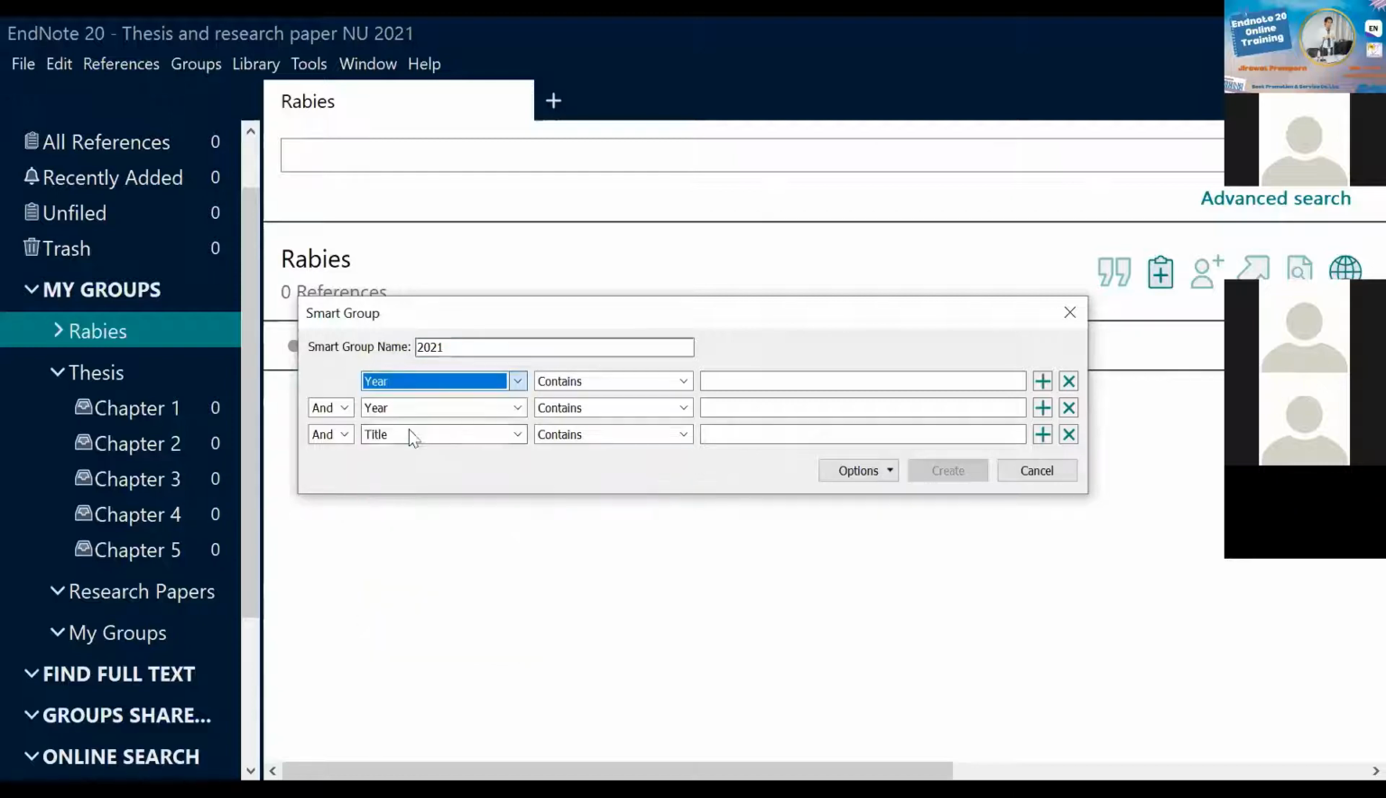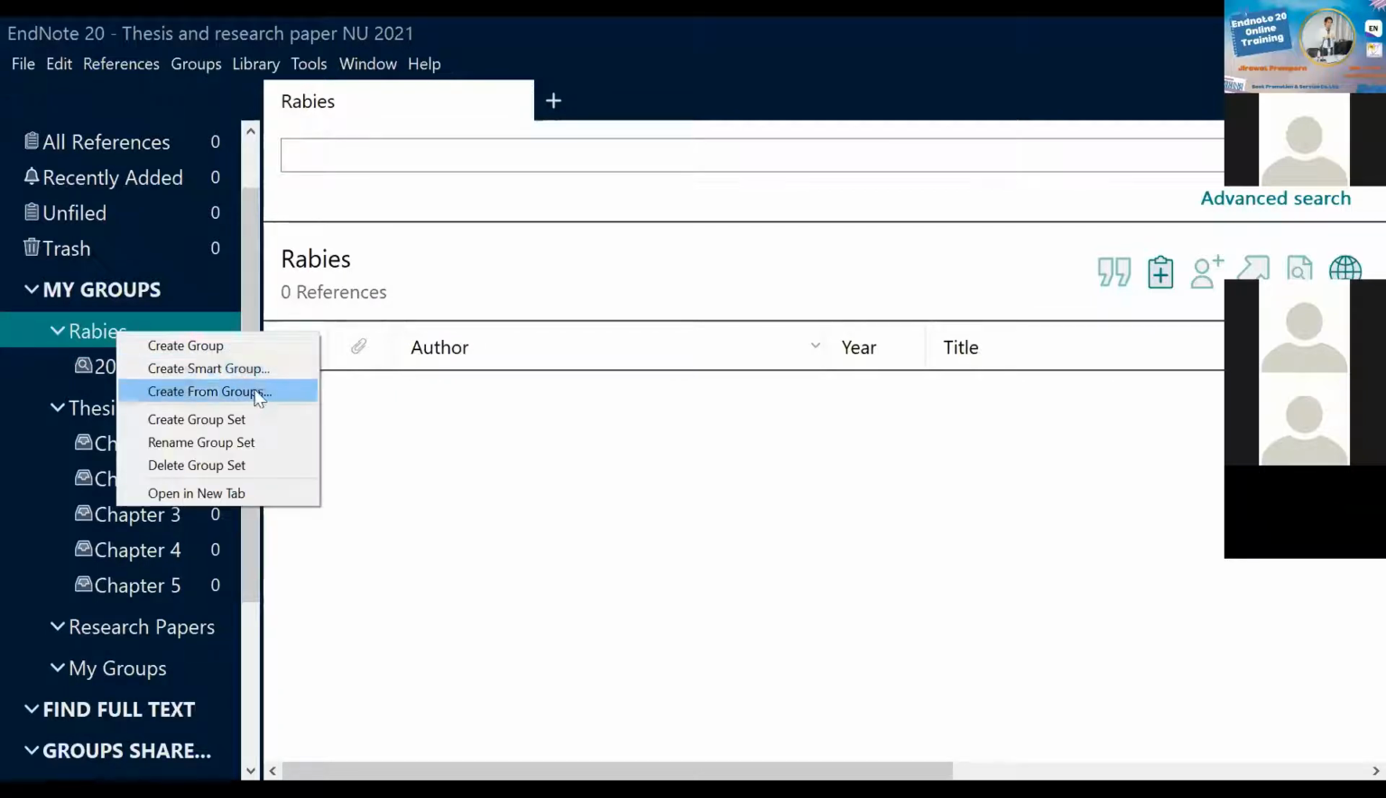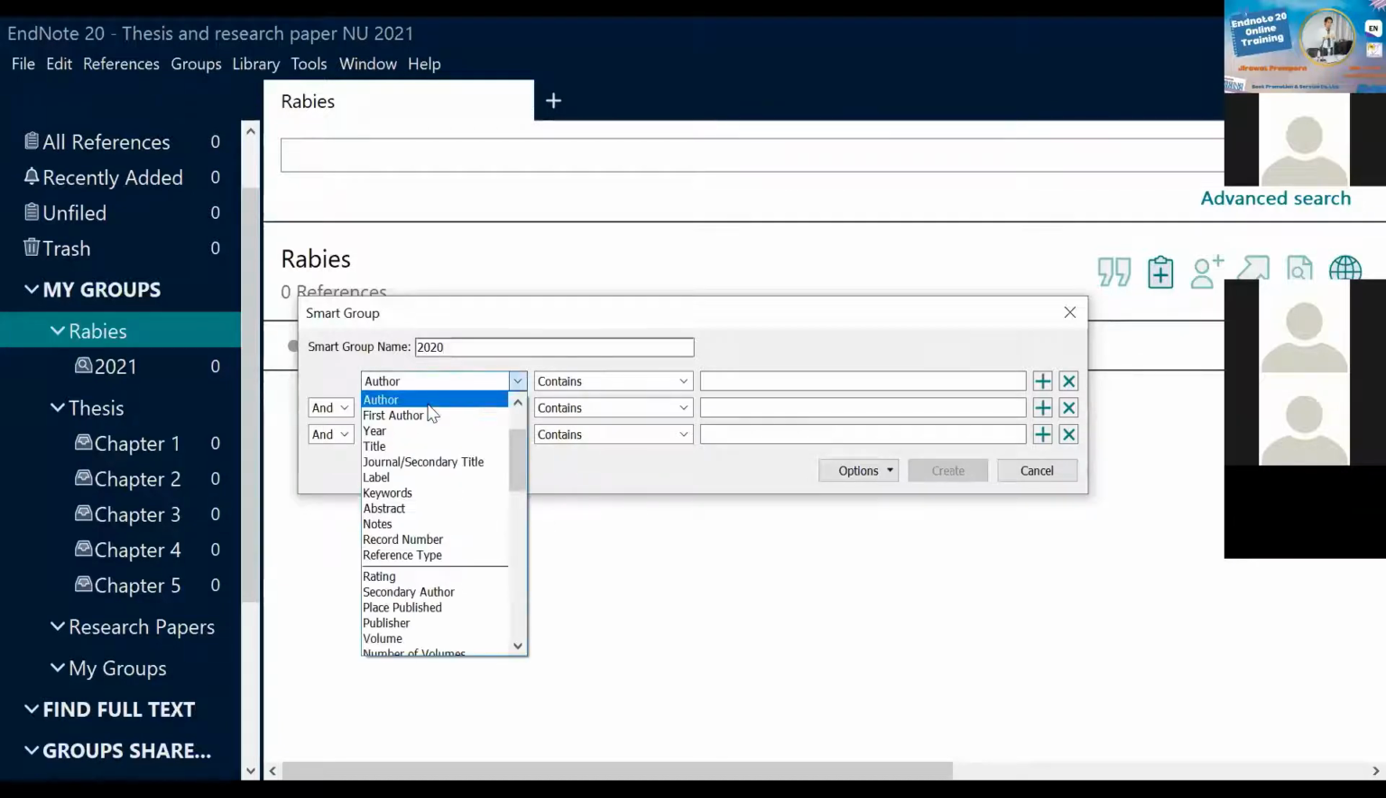Select the year. Just select the field. Just tell Endnote the year contains the word 2020. So this means you set Endnote up: follow the publication year, the field year, contains 2020. Please move it directly to this group. Just create. So I show you 2 samples for a single year: 2020,